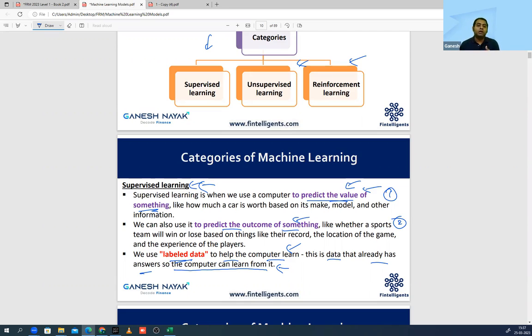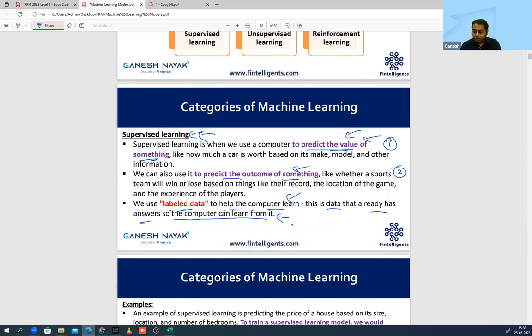I'll repeat the example. Suppose I want to run a model wherein I want the model to predict the next house's price. When I'm giving it the historical data, in that data there'll be a lot of features. Features means 1 BHK, 2 BHK, which floor, which city, which location. And I'll also give it the price of that house. So it is labeled. For each house, it knows the price. On the basis of that price information, it is going to predict the future. If I don't give the price, then it is not labeled data, because I have not given it the historical price. Is this clear? Okay.